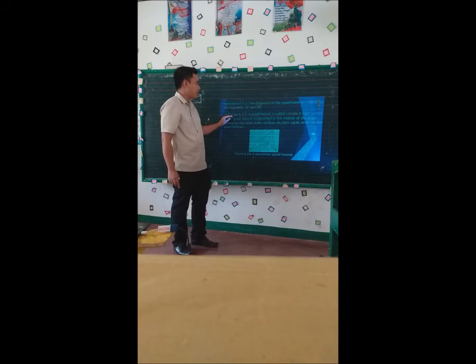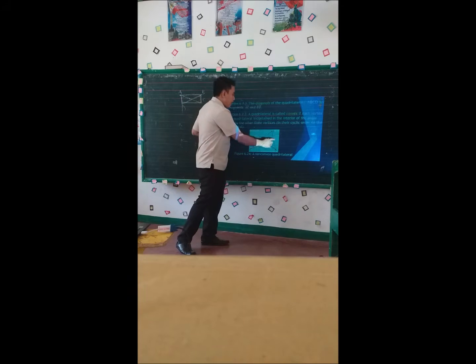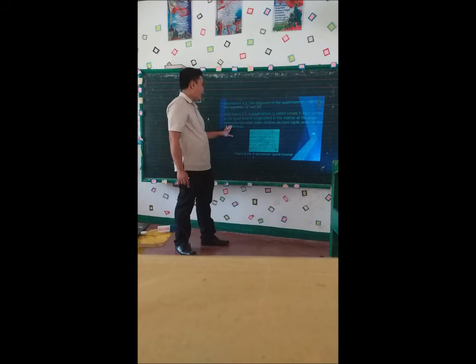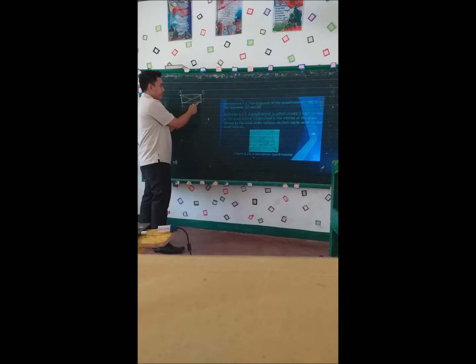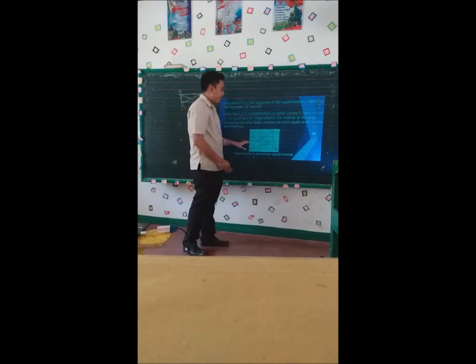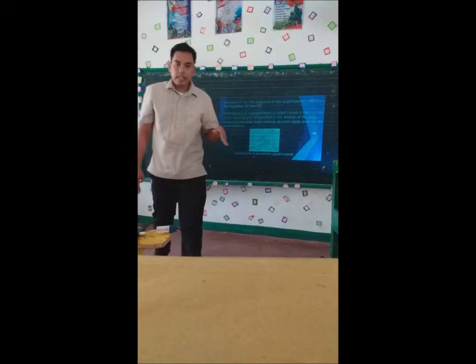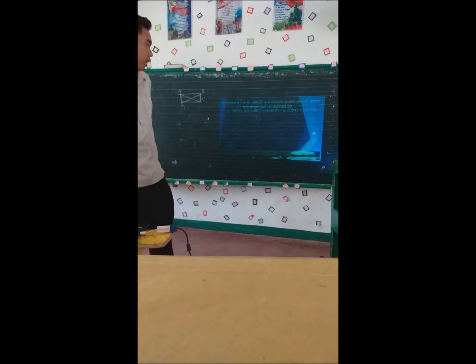A quadrilateral is convex if each vertex of the quadrilateral is contained in the interior of the angle formed by the other three vertices. We have the three vertices here, and angle B is in the interior, whereas in this figure, as you can see, angle B is outside of the given vertices A, B, C. So that is an example of a non-convex quadrilateral. Okay, another definition, let's have here.